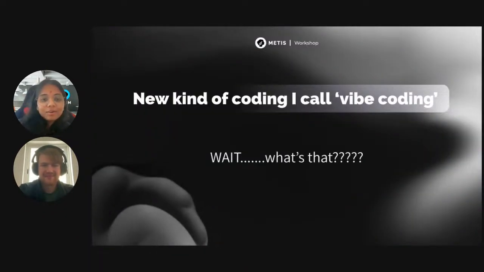Okay, so what is vibe coding? Let's talk about what it actually is. This is the new kind of coding that people have been calling vibe coding. Vibe coding is a new kind of coding workflow. It isn't about tossing your skills away. It's about enhancing them. You are a developer and doing good, but it's about how you enhance the skills you already have, how you save your energy, and how you utilize the resources.